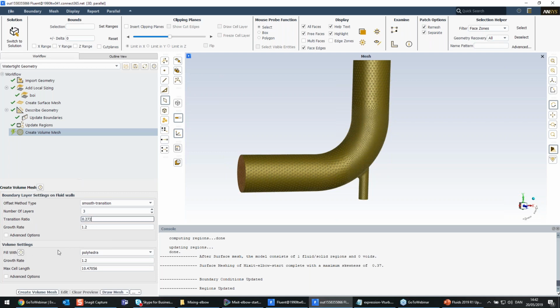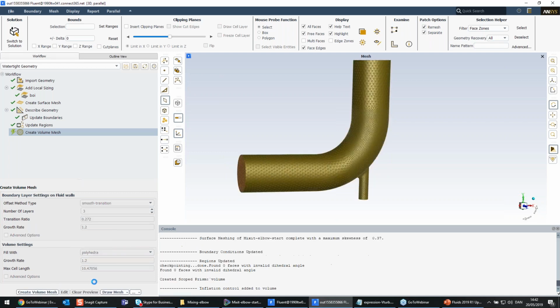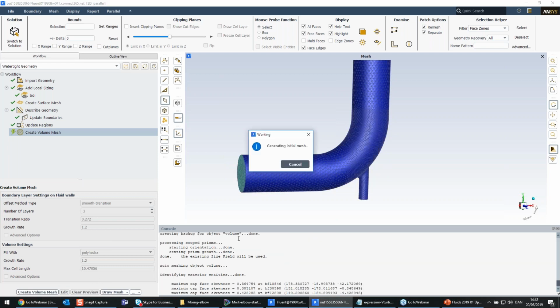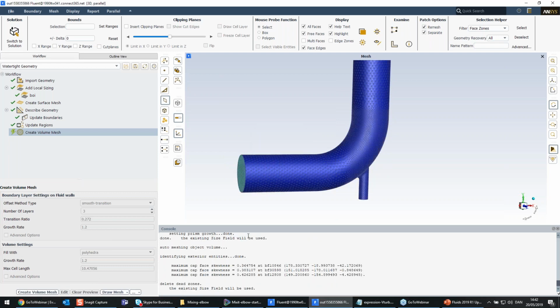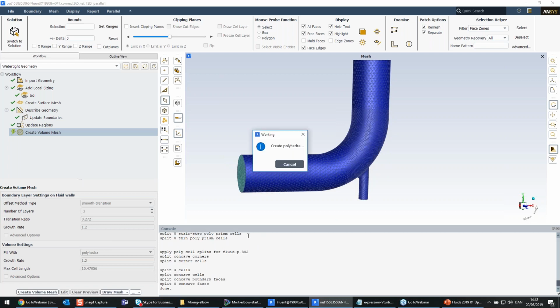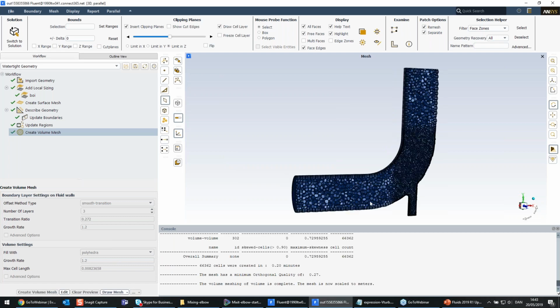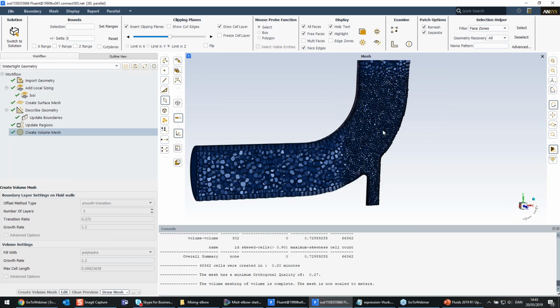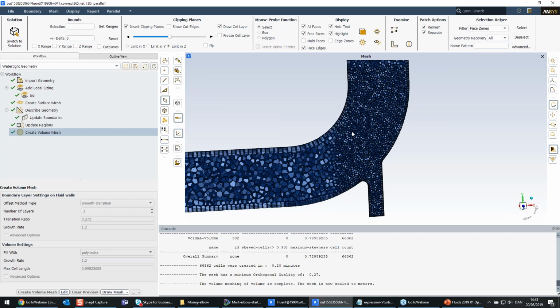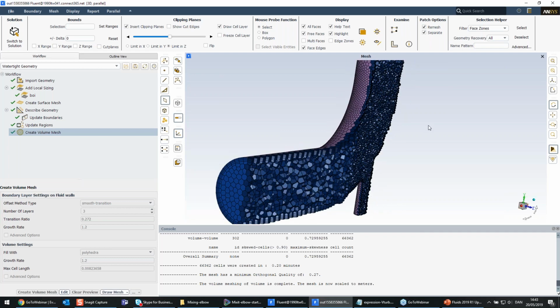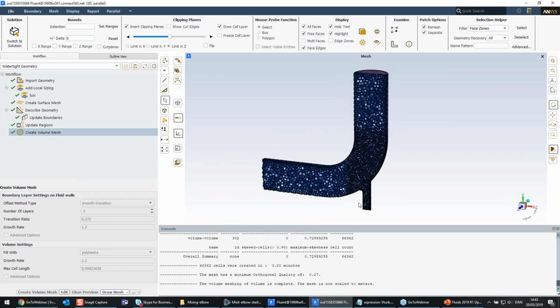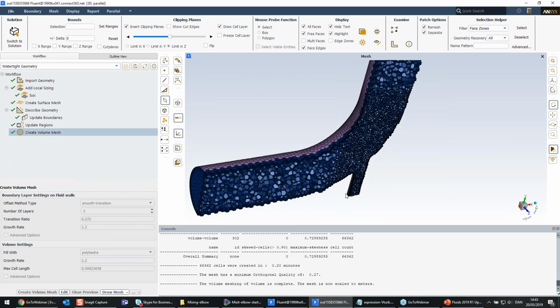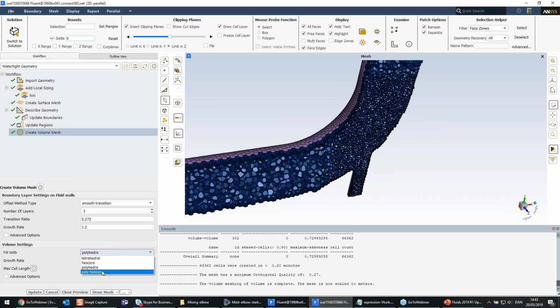Then we have the fill with volume setting. So the default one is polyhedral, and we can try to do a polyhedral mesh real quick to see how that looks. There we go. So now we have our polyhedral mesh here. And we see that the BOI has really influenced the mixing region here as I wanted to. So this looks good. I could continue with this,